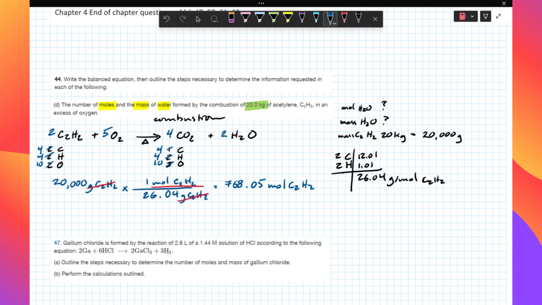Now again, for every 2 moles of acetylene, we produce 2 moles of water. And so we're going to produce exactly the same number of moles of water because there's a 1-to-1 ratio of acetylene to water. All right, so we've got part of our problem answered. Now we need to find the mass of water. To do that,